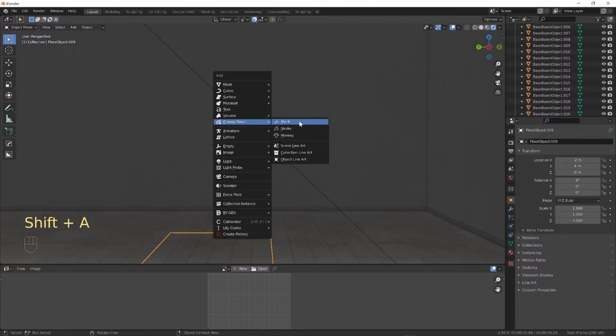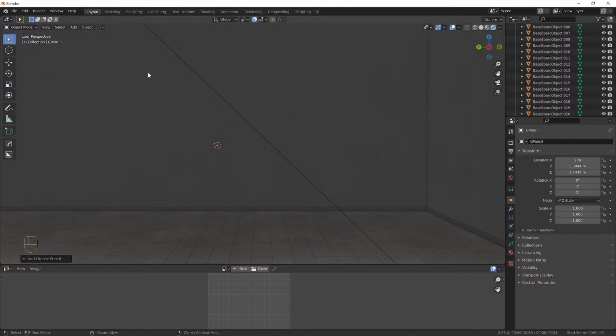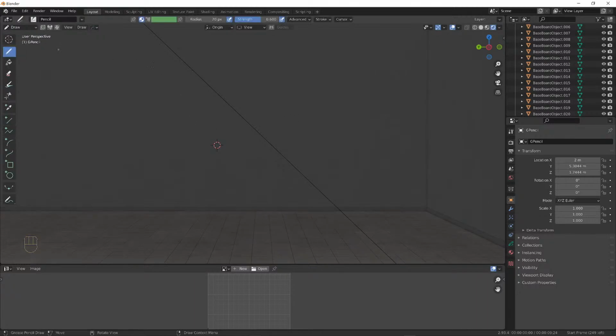It'll be a grease pencil. I'll create a blank one. Okay, I'm going to go into draw mode, where it says here, I'm going to set the origin to be the 3D cursor, and I'll set the drawing plane to be the